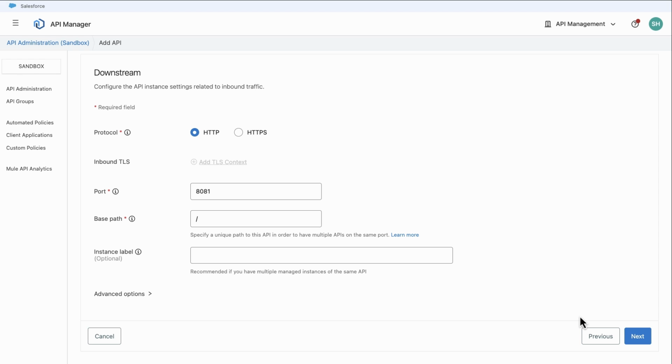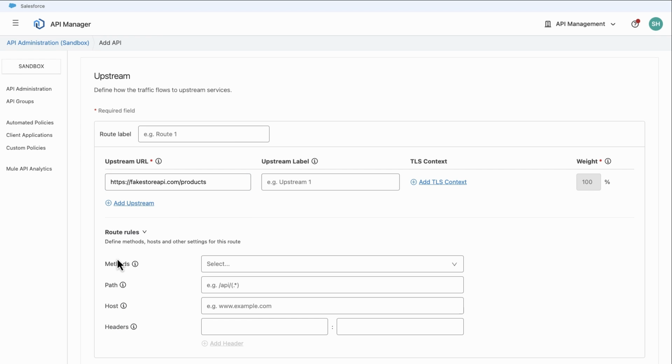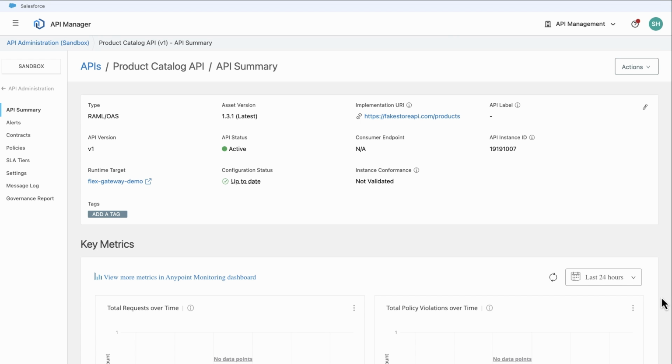The next step allows you to configure settings related to inbound traffic such as HTTP protocol, TLS, port, and base path. Setting options differ for each proxy and gateway type. Here, with Flex Gateway, you can route API traffic to a particular upstream based on HTTP method, URL path, host, weight, or headers for efficient routing. Once the API is added, we can see the API summary page where it has information